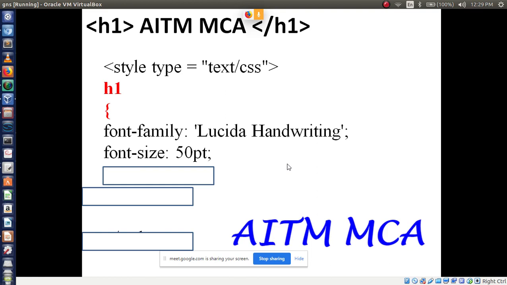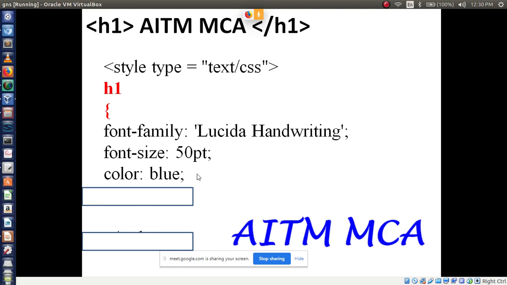PT or px, you can give any unit. Then the next attribute is color. Just write color colon blue. In general you will write COLOUR, but in HTML remember the spelling COLOR. That's it.